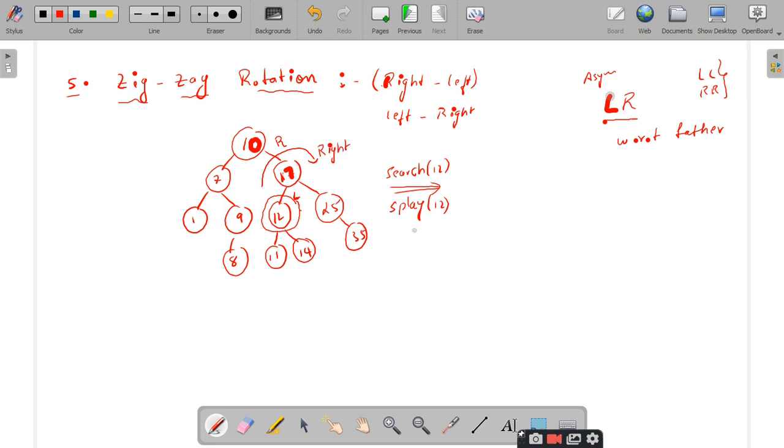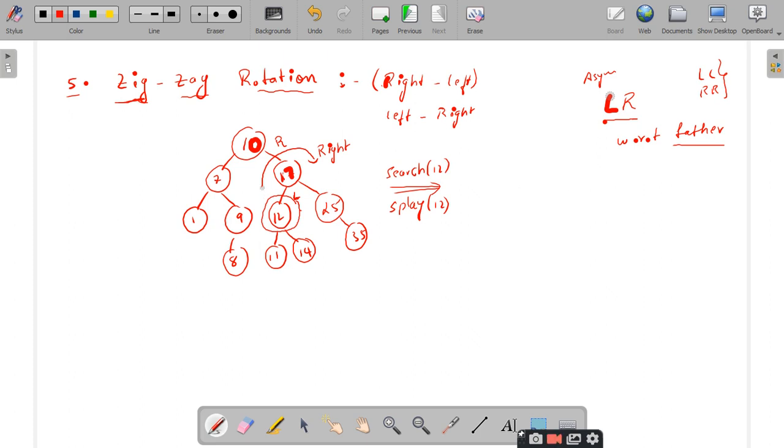Right rotation. But that first right rotation, which is called the zig rotation, has to be performed with respect to the father. So preference has to be given to the father if it is an asymmetric relation, but preference has to be given to the grandfather if it is a symmetric relation.